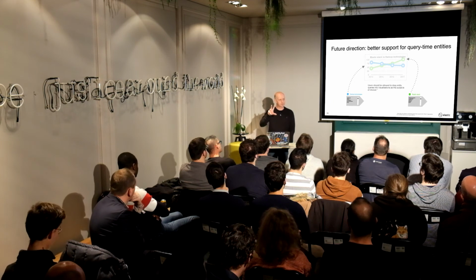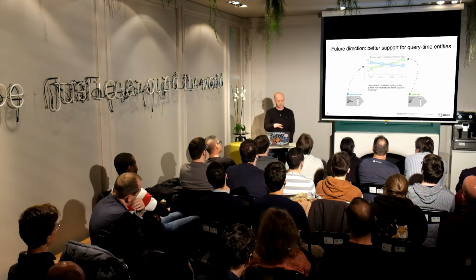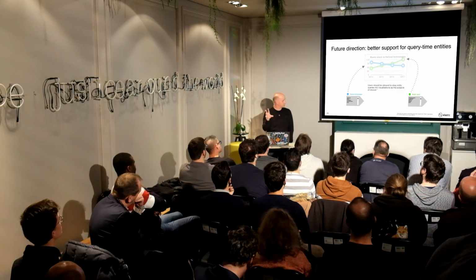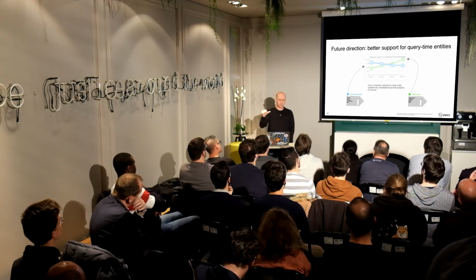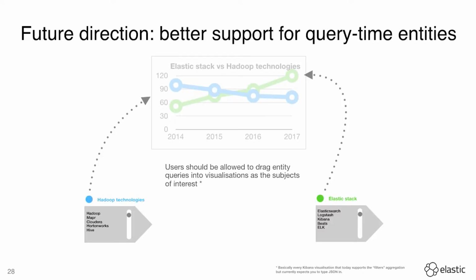You need to be able to take a bag of things which are indexed in ways that are described differently and group them together and say, I want to think of that as one thing. So draw me a line on a line chart showing that. Draw me another line showing the Elastic Stack. So I might take a bunch of words, Elasticsearch, logs, Kibana or Beats, and group them together and say, that's an entity. It's an entity that I've just come up with at query time because it wasn't there in the index. And that's what I want to use as a subject of my analysis.